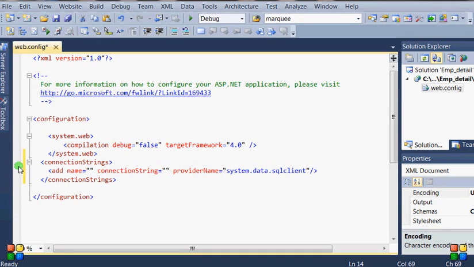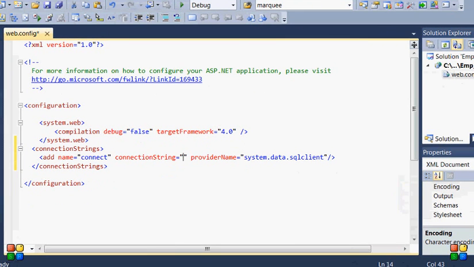So it's all about providers. We have to give a name like connect. It is the name of the connection string, and here we have to put the connection string.